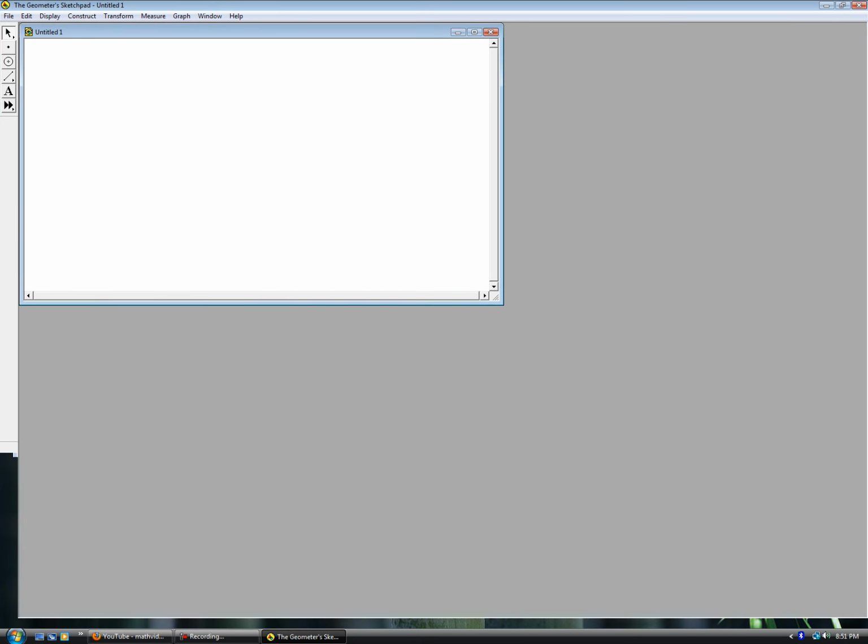Let's use version 4 and get into a construction to see why it's sometimes useful to use Sketchpad instead of pencil and paper. The whole idea behind Geometry Sketchpad is to have dynamic geometric constructions. I'm using a little trick here, holding down the Shift key to maintain